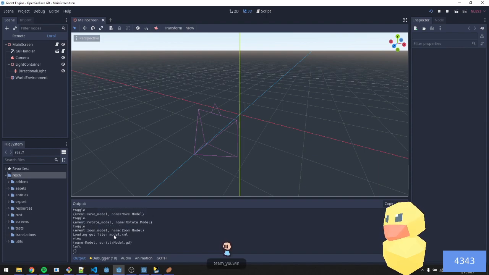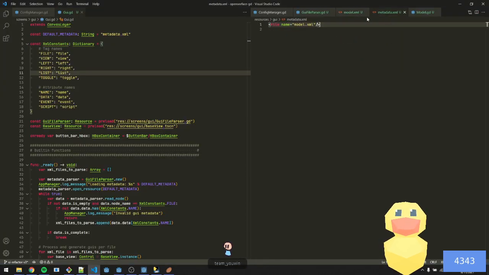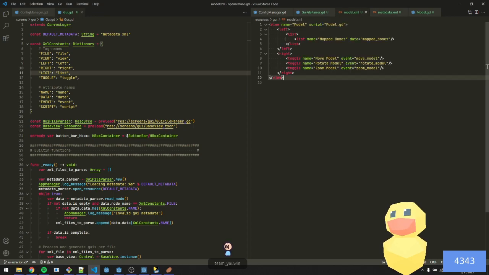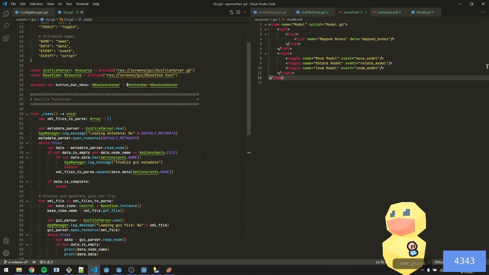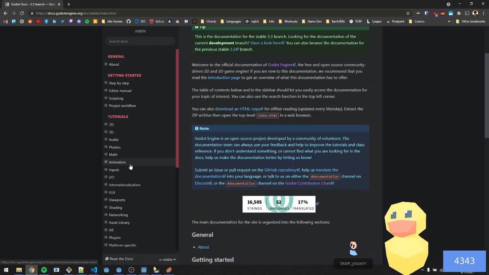So I'm working on a rewrite of the UI system with a kind of a fancy UI idea, we'll call it. And so the idea, right, is that I use XML files to generate the entire UI, right? Because that's actually how the UI worked before, but just in GDScript. So I had a GDScript